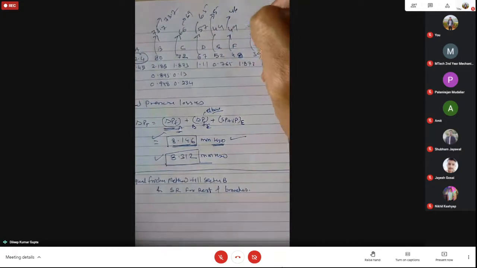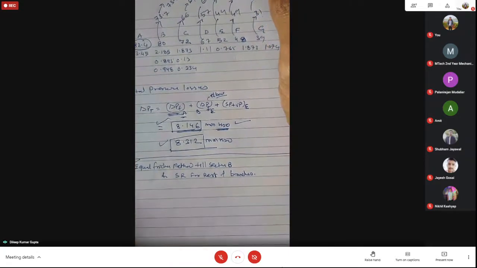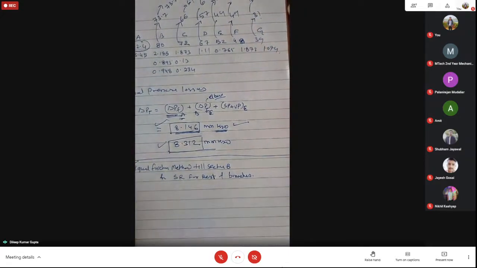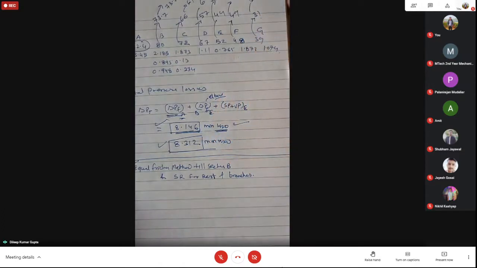If you are saying this method is better or not good, when you compare that method, you are only talking about the operating cost. You are not talking about the sizing or the initial cost. So you have to check how much the initial cost is going to increase and how much the operating cost is going to increase or decrease.